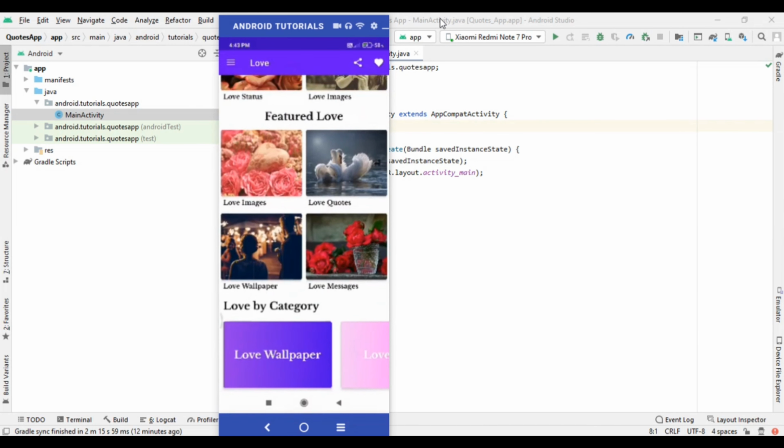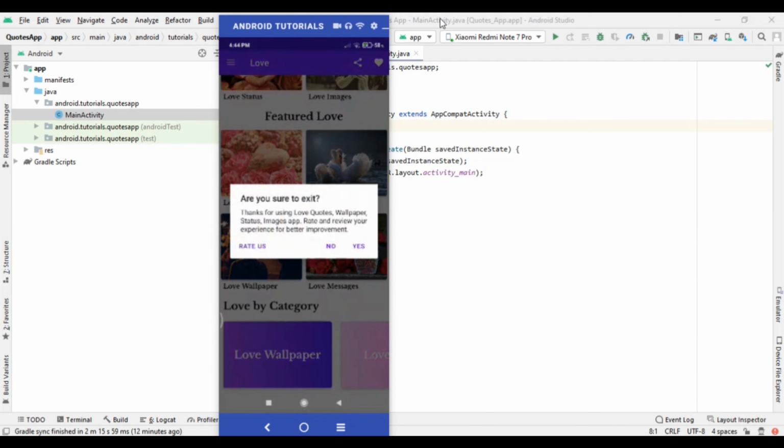One more feature is the exit dialog. When the user clicks exit, they will see this custom message, and we will ask for ratings and reviews of our application. There are three buttons, and we cannot dismiss this custom dialog by clicking outside.